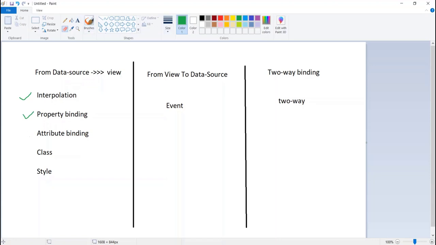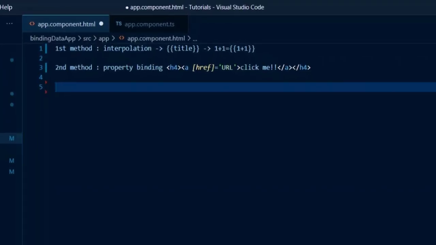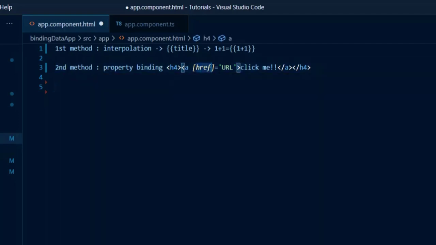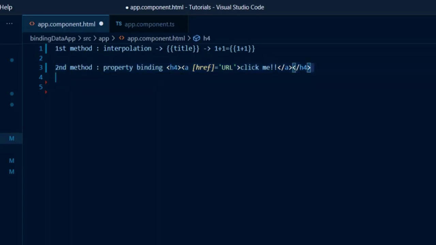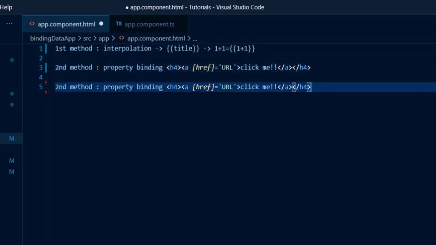Okay, let's open our code and see how this attribute binding works. As I said, this looks like an attribute binding, but it's not an attribute binding. So I will just copy this to here, and I will say our third method is